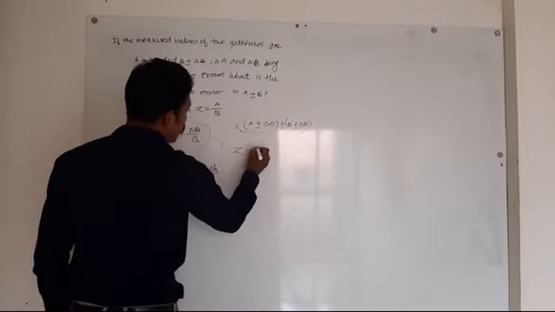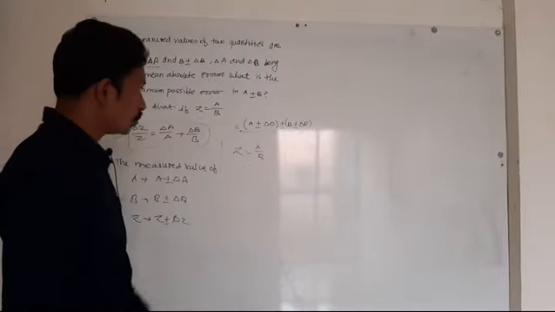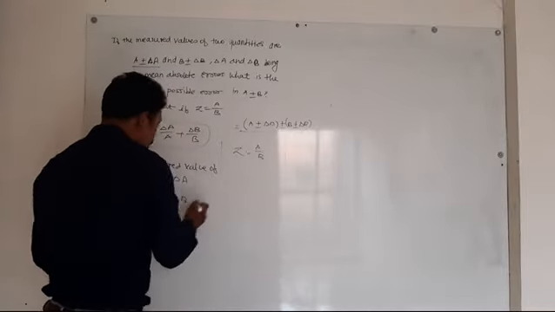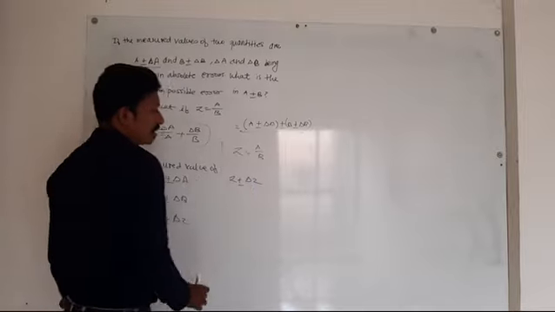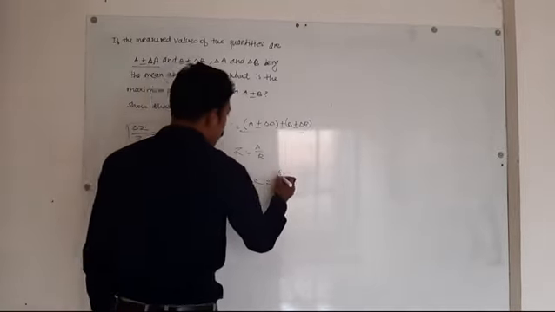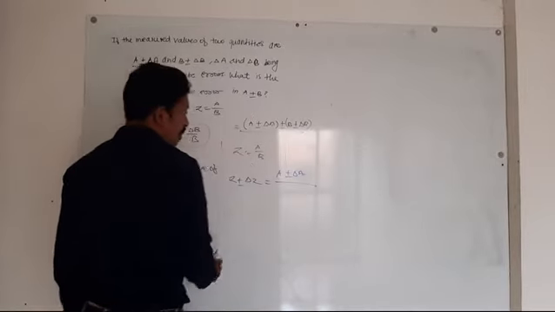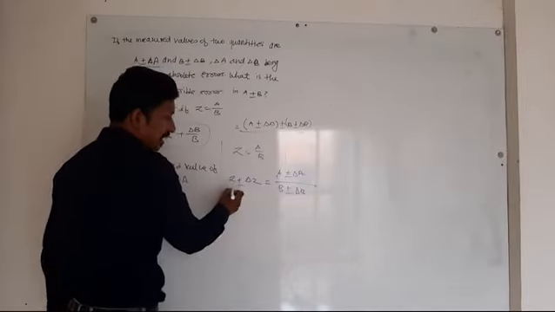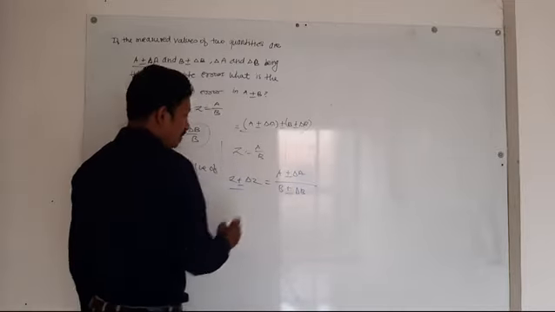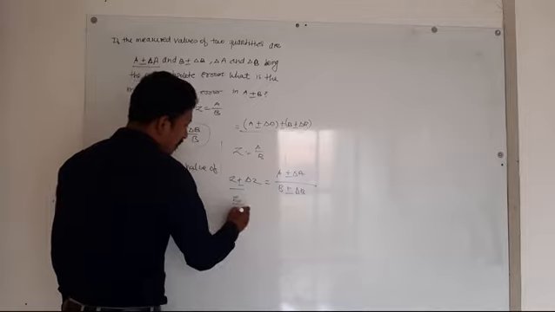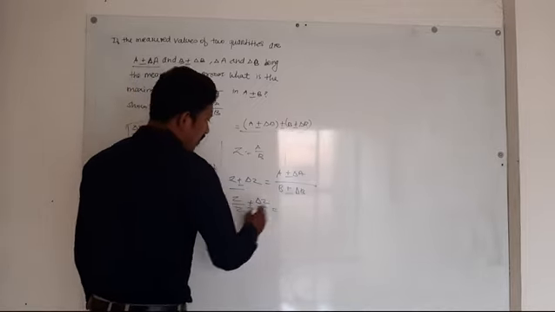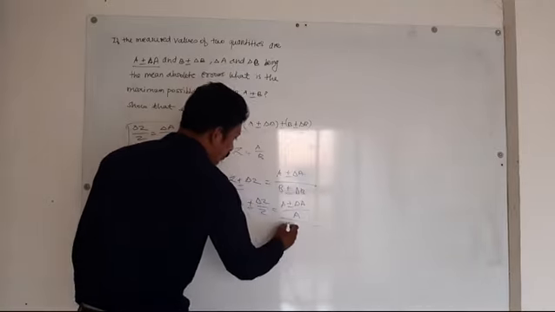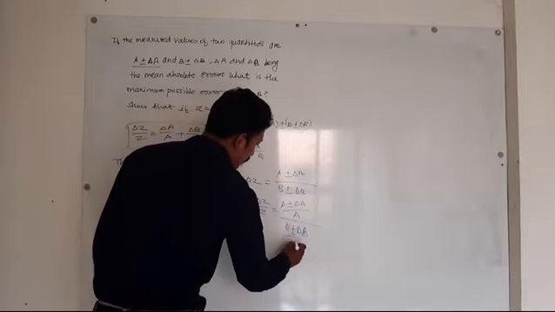What is given? Z is equal to A divided by B. Student, look, the measured value of Z is Z plus or minus delta Z, the measured value of A is A plus or minus delta A, divided by the measured value of B, B plus or minus delta B. I divide this side by Z, and that side by A and B. Z divided by Z plus or minus delta Z upon Z is equal to A plus or minus delta A upon A divided by B plus or minus delta B divided by B.